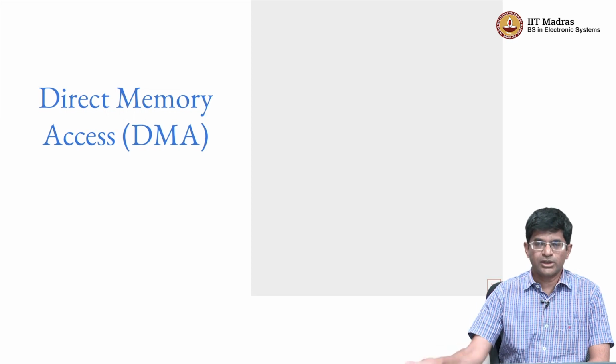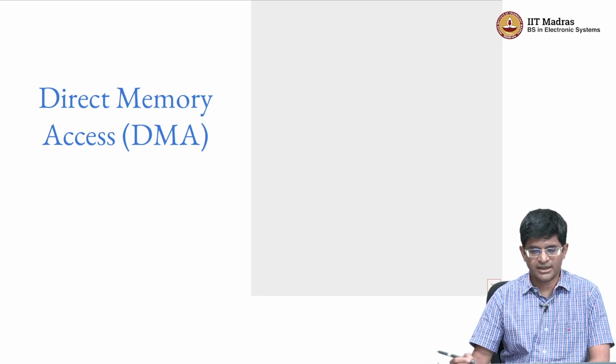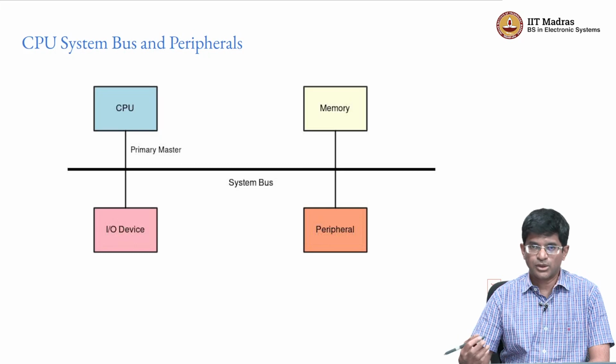Alright, so continuing on the topic of efficiency in the context of embedded system design, there is one topic that is well worth understanding in a little bit of detail, and that's called direct memory access. Okay. So in order to understand why direct memory access is required in the first place, we are just going